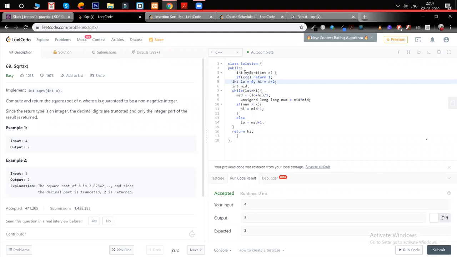So apart from the binary search approach, would anyone like to go for some other approach? Yeah, maybe some brute force. Maybe you can start from 1 until x, and see which number, if you square it, matches. For an input of 4, you can start from 1, so you multiply 1 into 1 and 2 into 2, and if that number is equal to 4, then you return that number. So that will be O of n, I think.